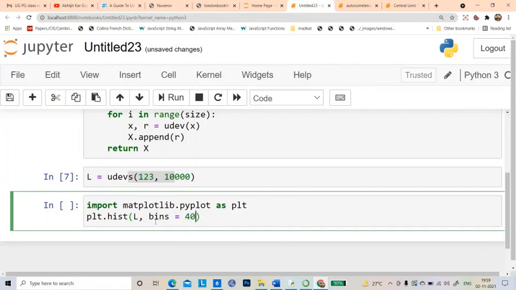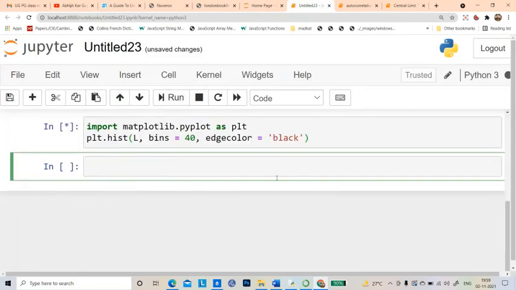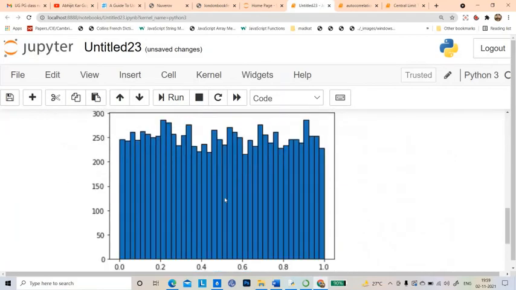To make it nice, I write edgecolor equal to black, in quotes. So it will create a histogram of those numbers in 40 bins. Let me do that.